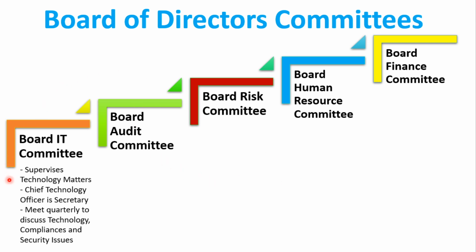So first of all, we have the board information technology committee or board IT committee. This committee basically supervises the information technology matters and affairs, like for example technology acquisition, software development, significant application development or deployment, etc. Chief technology officer of the company or the head of the IT department is basically the secretary to this committee. By secretary we mean that the head of the IT department or chief technology officer basically represents the IT issues and matters to the board IT committee,